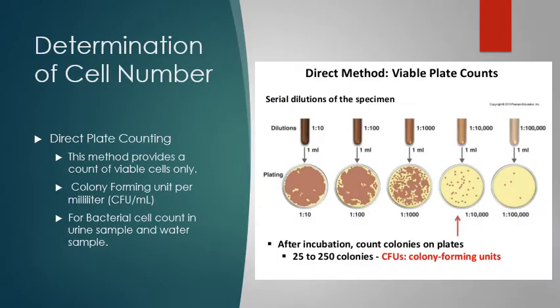Next, determination of cell number based on the direct plate counting. So, this method counts for viable cell only. So, dito, kapag nilagay natin siya sa plate, ibig sabihin pag tumubo, then it would actually give us the idea na ganun kadami yung bacteria. So, this would quantify using a unit known as colony forming unit per milliliter. Okay? So, ginagamit din to actually count bacterial cell in the urine sample and then the water sampling. Okay? Kung gusto natin i-test. Next,